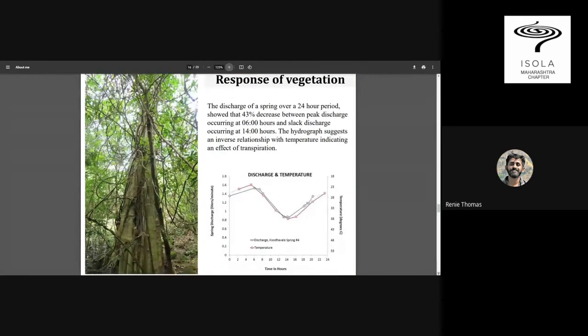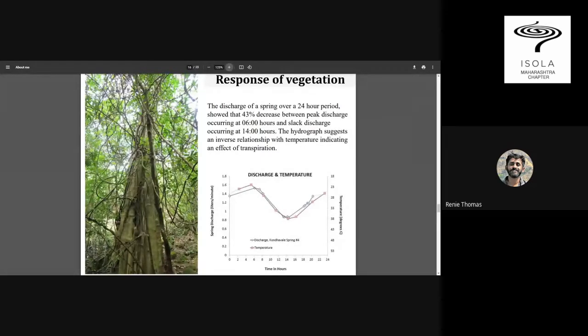I wanted to come to an important aspect, because as hydrogeologists we always look at water in interaction with rock. But that's not enough. We have to look at it in totality, right from the atmosphere, when the water falls through rain, and then enters the landscape, flows over the surface, and then is transpired back through certain trees and plants. We did this exercise to understand the response of certain vegetation, again in the Western Ghats. This graph is from 3 years back, and we did it for almost 3 years. But I just wanted to give a slice of what the study was about.